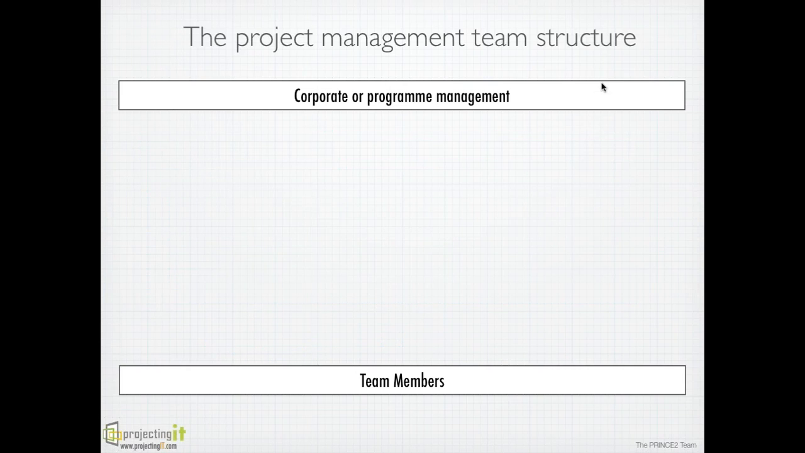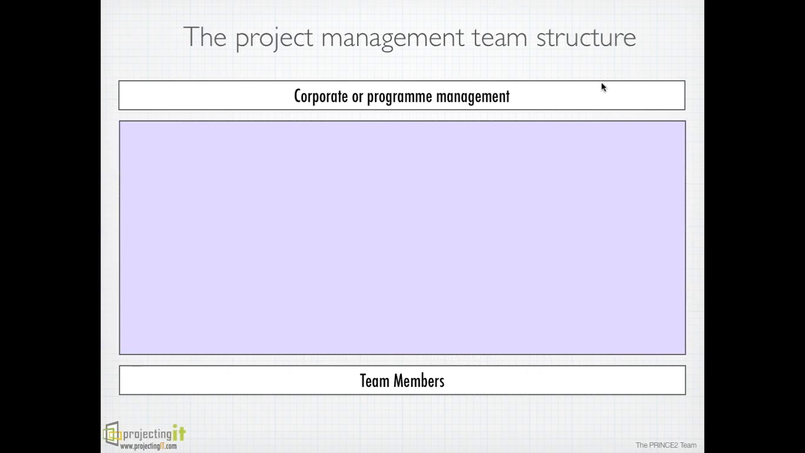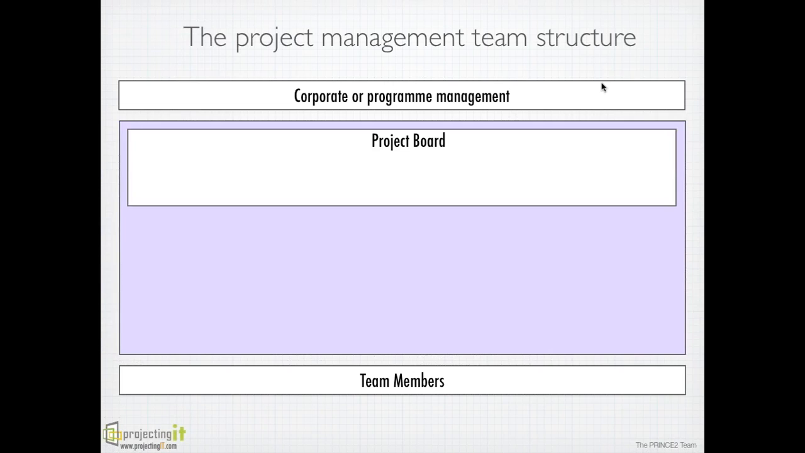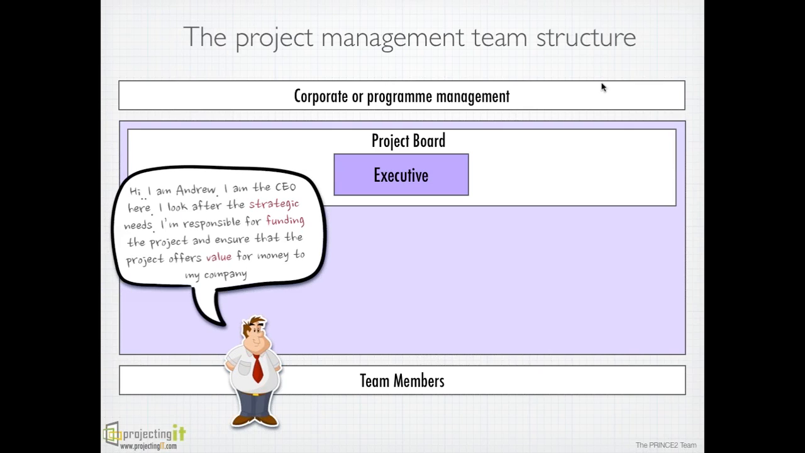So we have corporate and we have team members, and between them sits the project management team in Prince2. The roles are only management roles who have to basically do management, planning, and decision making about the project. At the top level, as we said, is the project board appointed by the corporate or program management. The board's responsibility is to ensure project remains valid throughout. Board has three roles. Executive, generally a senior director level person who